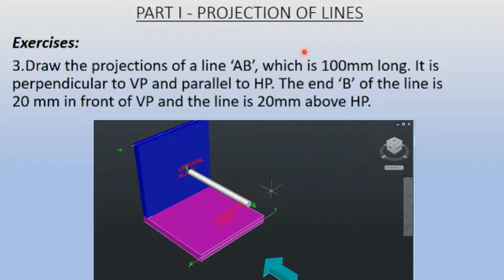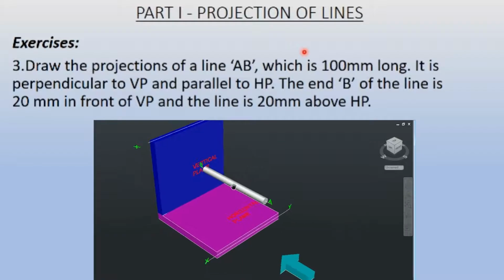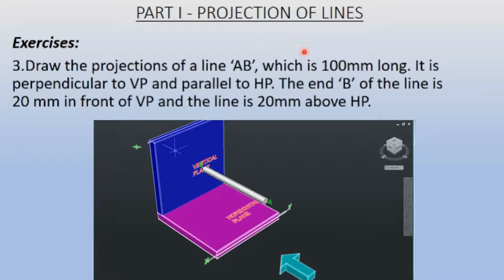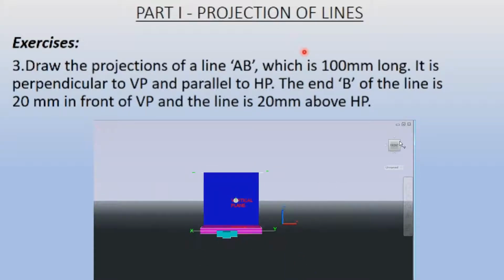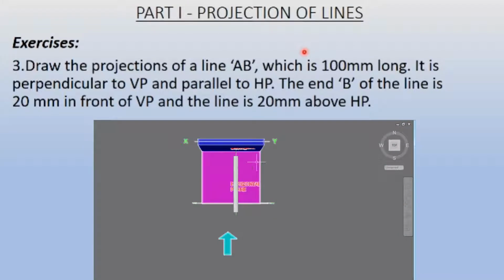This is looking very complicated here. Just wait a minute. So where is our line? Here is our line. See that there is no line. I have deleted the line. Now this is the line which is perpendicular to vertical plane. See, if I view it from the front, it will appear as a dot, and if I view it from the top, then I will be able to visualize the line.